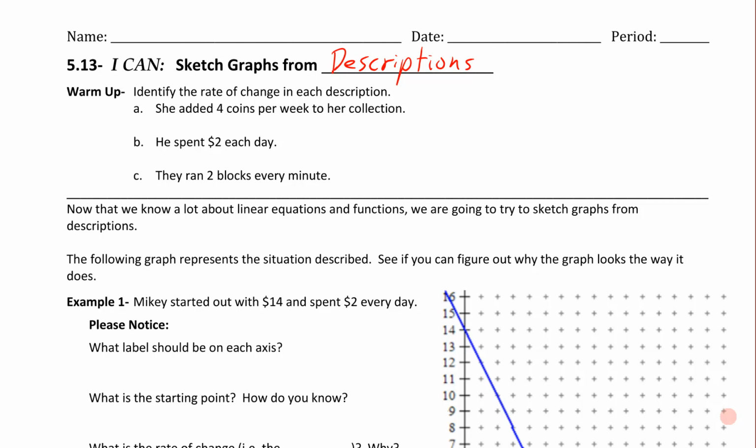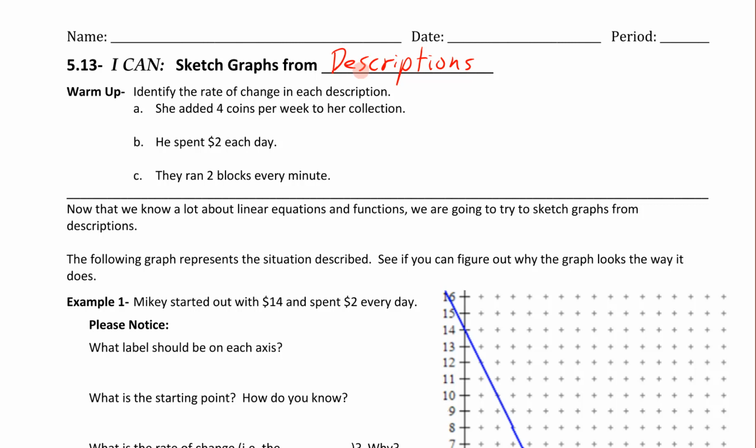This is the final section in this unit on linear functions, and as you can see, the I CAN statement for 513 is I can sketch graphs from descriptions. It's really important to be able to sketch a graph and understand a graph that's been sketched for you. Very valuable skill. So we're going to practice that a little bit. Some parts of it are pretty easy, other parts take a little while to kind of sink in and understand,